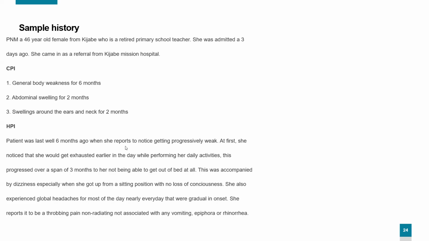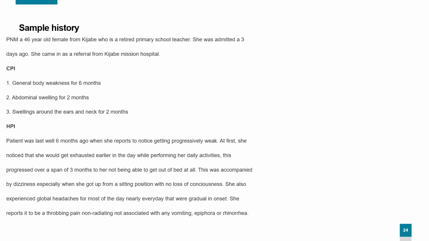The patient was last well 6 months ago when she noticed getting progressively weak. At first, she noticed that she would get exhausted early in the day while performing her daily activities. This progressed to her not being able to get out of bed at all. This was accompanied by dizziness, especially when she got up from a sitting position, with no loss of consciousness. She experienced global headaches,